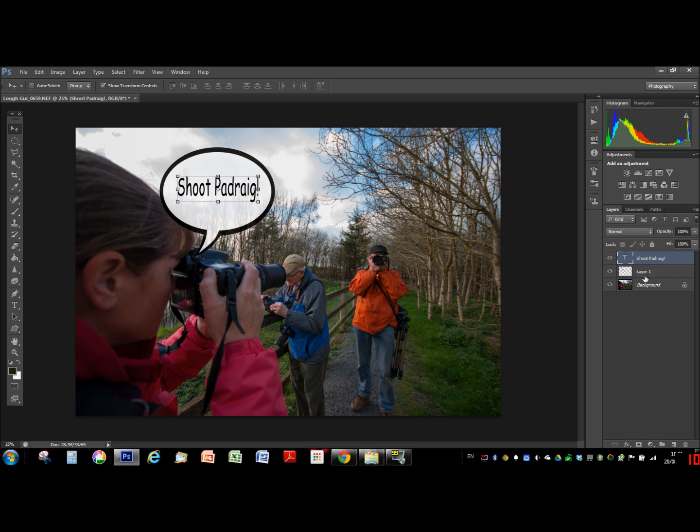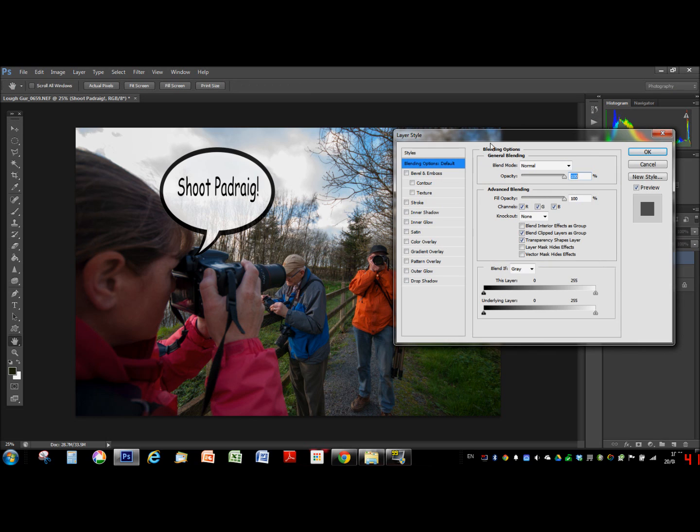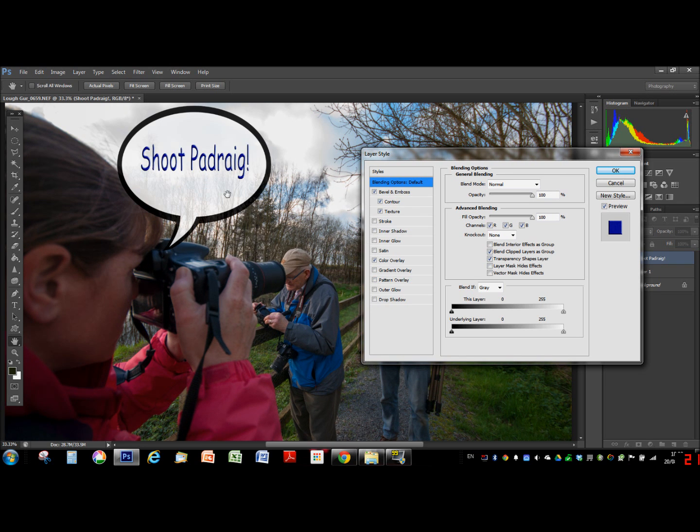We might try and make the text more interesting, so you can either double click on the layer tab, or you can right click and go to blending options, which is the same as just selecting the options here again, with opacity the same thing. So we'll bevel the text to give it some texture, so to speak, and you can put in contours, or this isn't very obvious with black, so we just put a little color. We'll put a color overlay and Control plus to make it a bit bigger so that we can see the effects, we can put in a drop shadow,